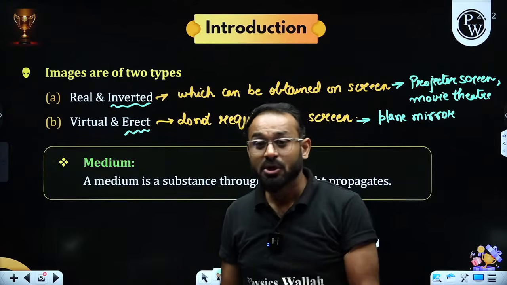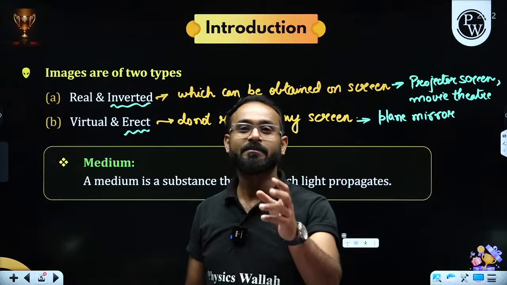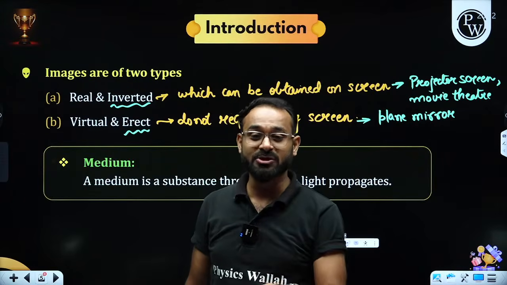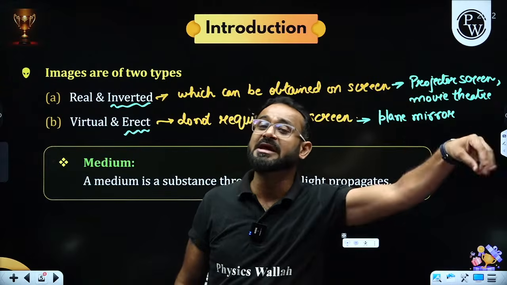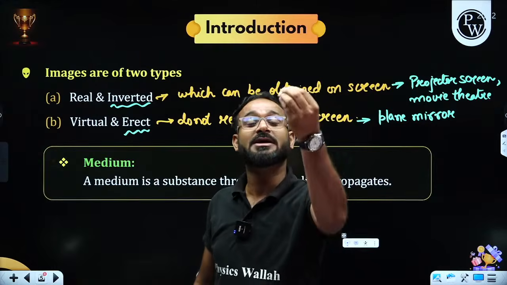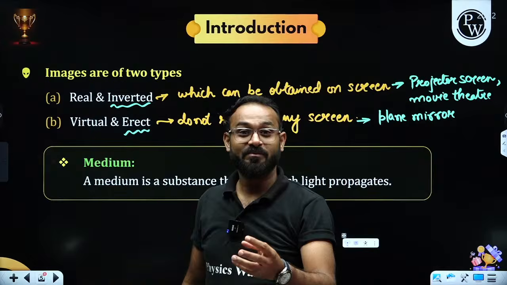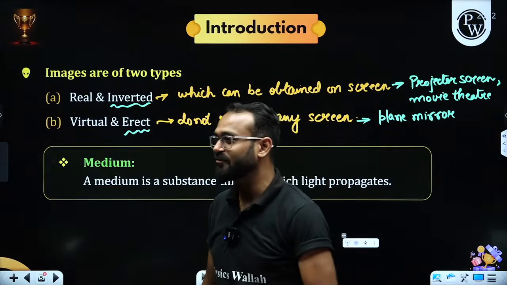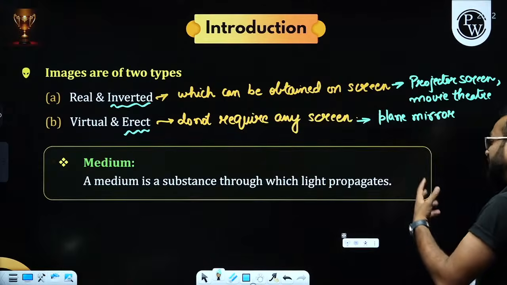Yes, so there is one question: can a plane mirror form a real image? It can, if the object is virtual. But unfortunately, that particular part is not given in the 10th class syllabus. A real image can even be formed by the plane mirror, but the object has to be virtual. So that is one of the aspects. In case you ask, I have answered it. Fine. Okay, sir. We have got this.